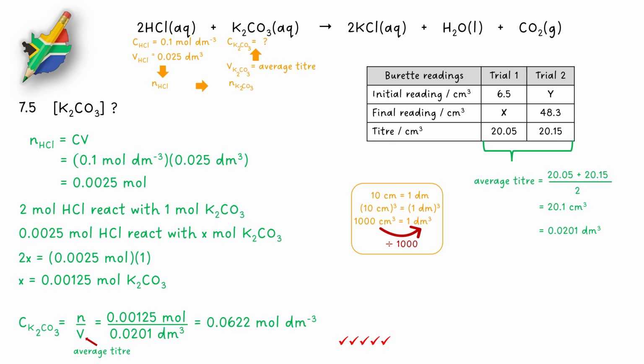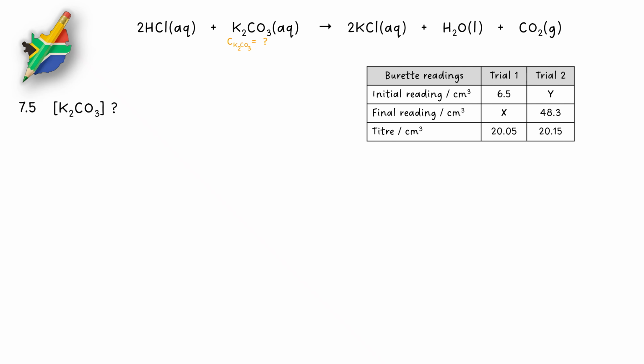The question asks us to determine the concentration of the potassium carbonate solution. To calculate the concentration of the solution, we can first use the data given to us, that is the concentration and volume of the acid, and use these to calculate the moles of acid that react. And then, from the moles of acid, we can find the moles of potassium carbonate that react. And then we can find the concentration of the potassium carbonate solution using its moles and its volume, which is